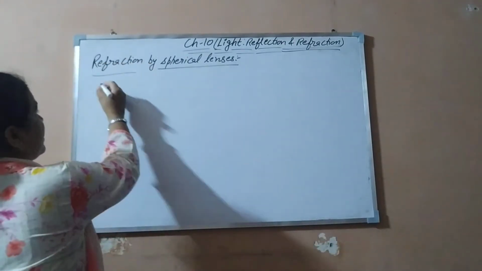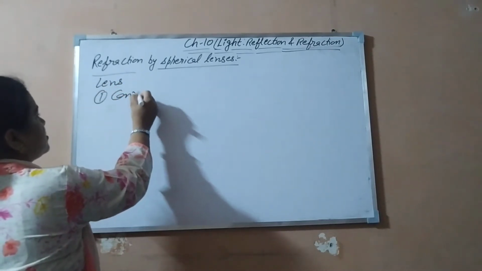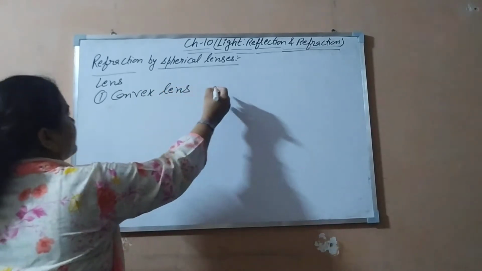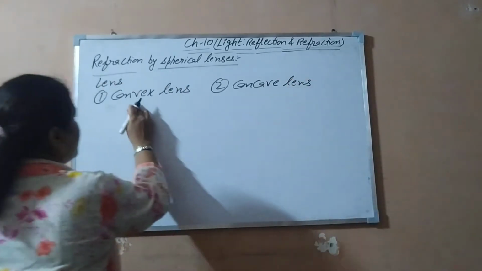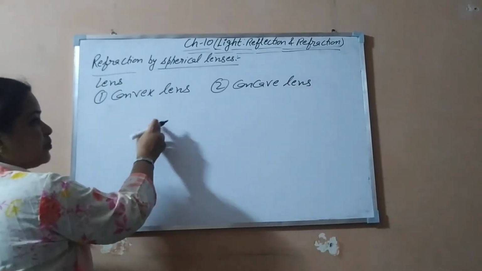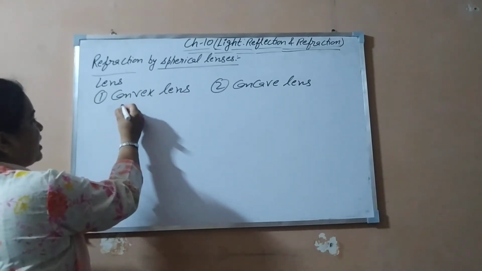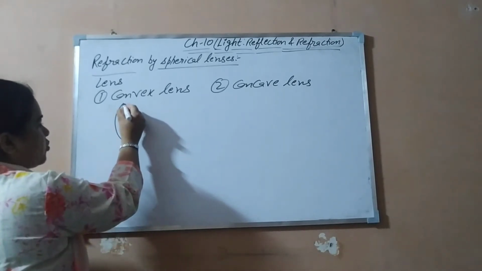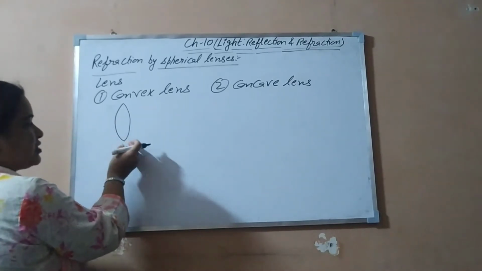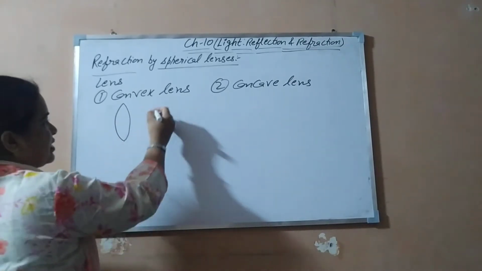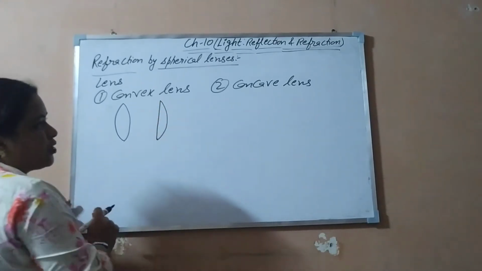So it is of two types. Lenses are basically of two types: one is the convex lens and the second is the concave lens. Further, a convex lens can be biconvex, plano-convex or concavo-convex. When both the refracting surfaces of the lens are bulging outward, it is known as biconvex, or simply we will say that it is a convex lens. When one surface is plane and the other is bulged outward, it is known as a plano-convex lens.